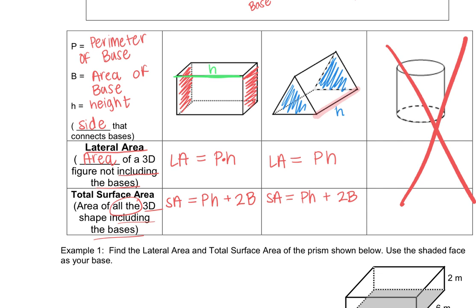So we're going to practice finding surface area and total surface area for specific shapes. So you can see an example of what we're asking for. Okay,